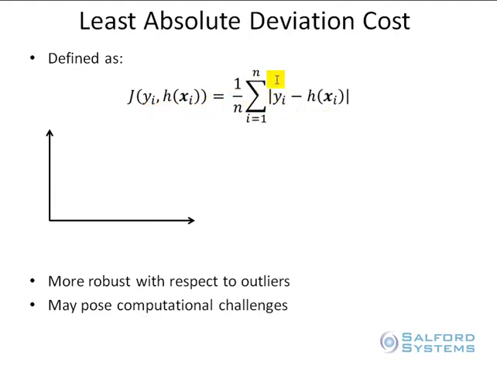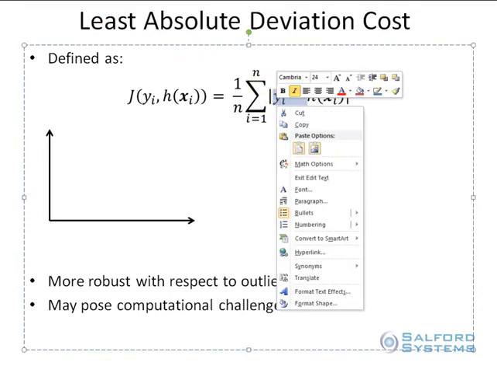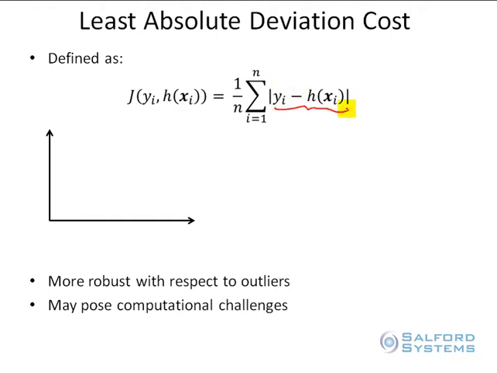Again, it is defined in a very similar way. You have this average of the sum of absolute residuals. So these guys here, as you can see, are now absolute residuals. Whenever you fit some type of response surface, this time, instead of looking at the squares of the residuals, you simply accumulate absolute values associated with each individual observation here. Again, the least absolute deviation cost can be naturally introduced as